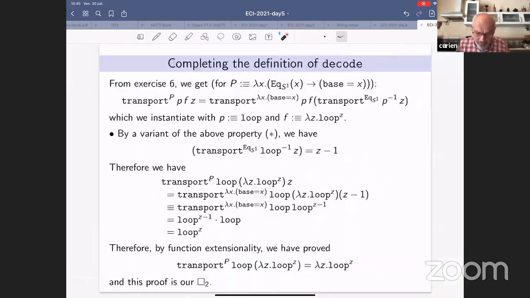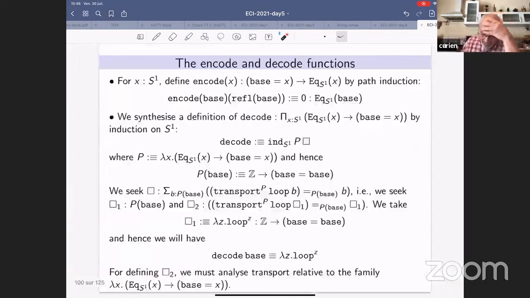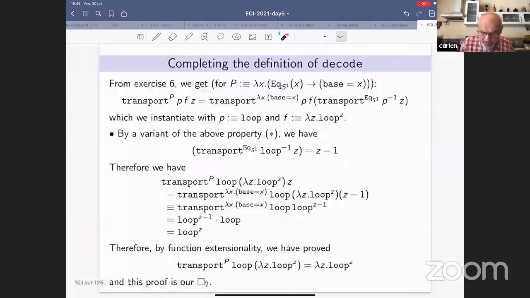Okay. So this is my family. I need to analyze this transport here. But this family P is of a familiar kind. I mean, it's a family of arrow types. And we had an exercise